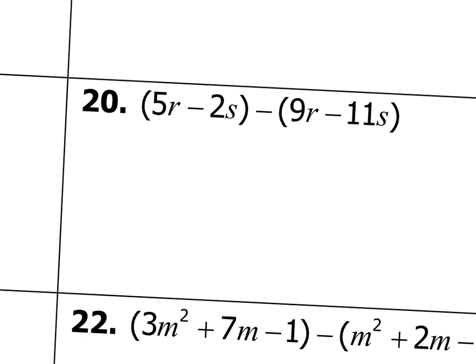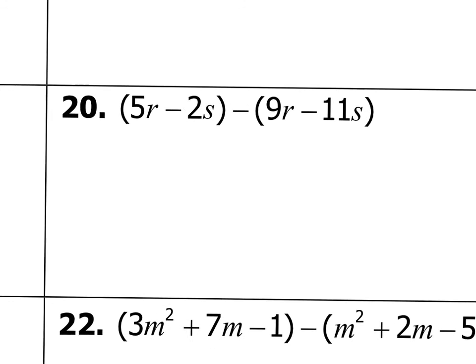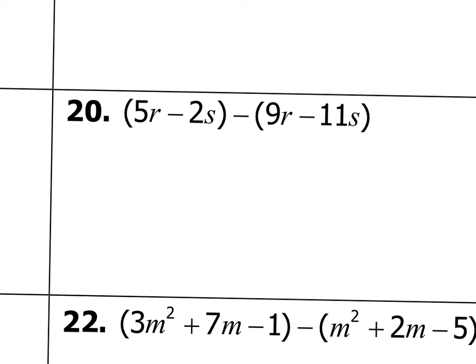So you're doing 5r minus 2s minus, and again, I would rewrite this, distributing the subtraction sign in there. So remember, a negative will turn a positive negative, but distributing a negative to a negative will make it positive. So when you distribute that, you should get negative 9r plus 11s. All right, go ahead and combine like